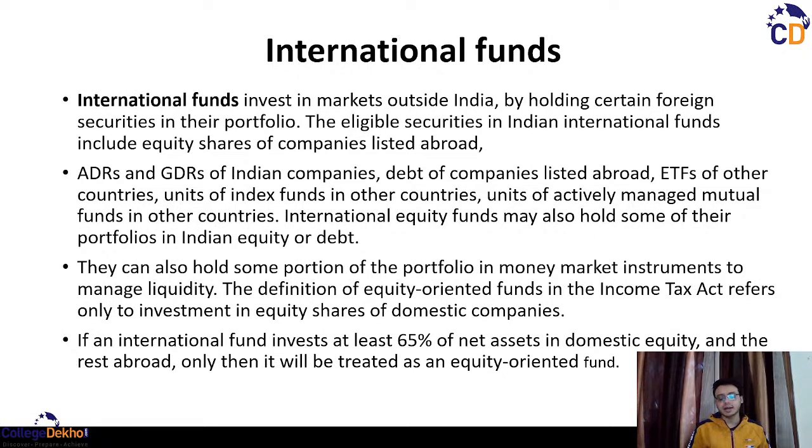By ADR, I mean the American Depository Receipt. The American Depository Receipt trades on the American Stock Exchange, and Americans can invest in countries outside America. But in the case of a Global Depository Receipt, these are traded on the stock exchanges of every country. A GDR represents shares of a foreign company, and you can buy those GDRs and trade the shares of the foreign company.